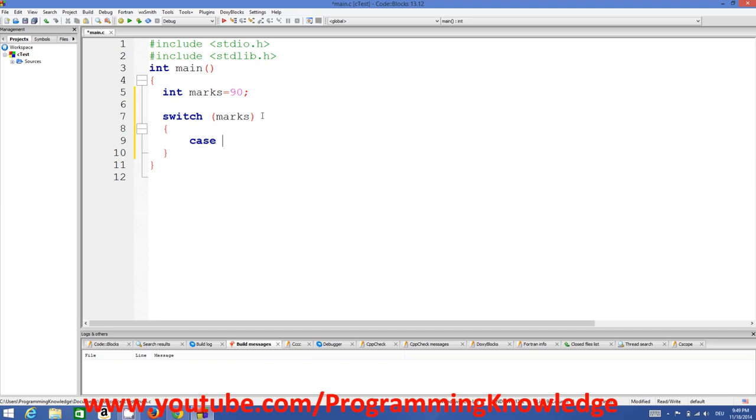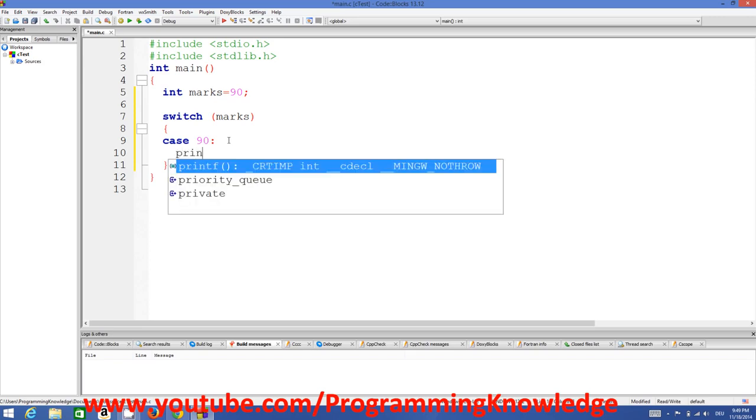Case, and then your marks value. So different values of marks we can evaluate. Right now marks is equal to 90, but for example marks can be 80 or 70 or 60 or whatever, right? So for example if marks is equal to 90, then we want to